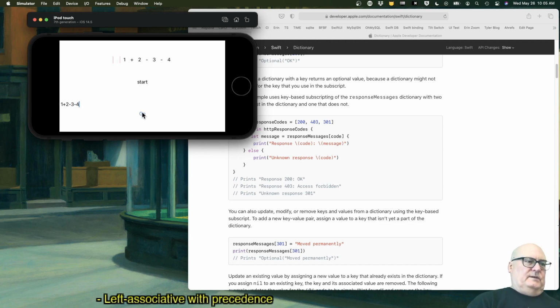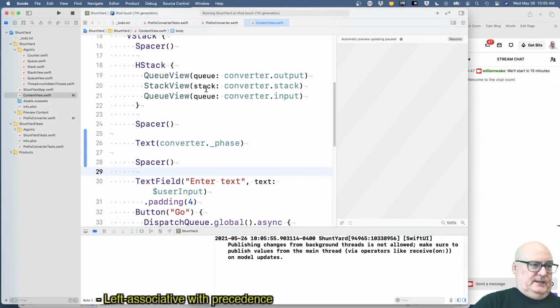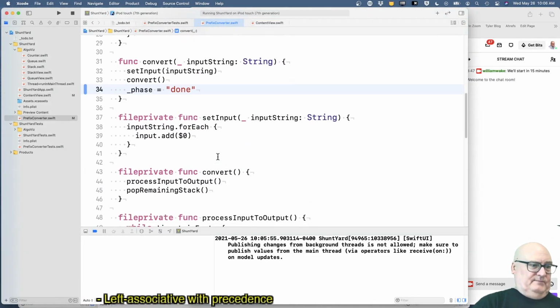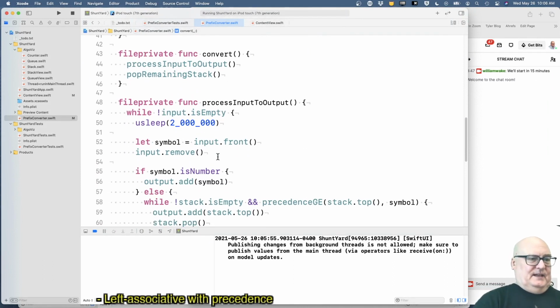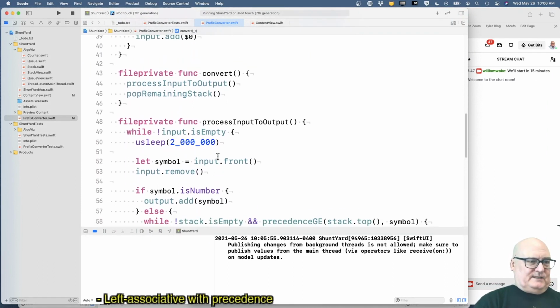Okay, this should be start. Yeah, 1 push, 2 pass through, and we expect it done at the end. Yeah. All right. So now I'm just going to use sleep. I'm going to have to find a mechanism to make this more general, but